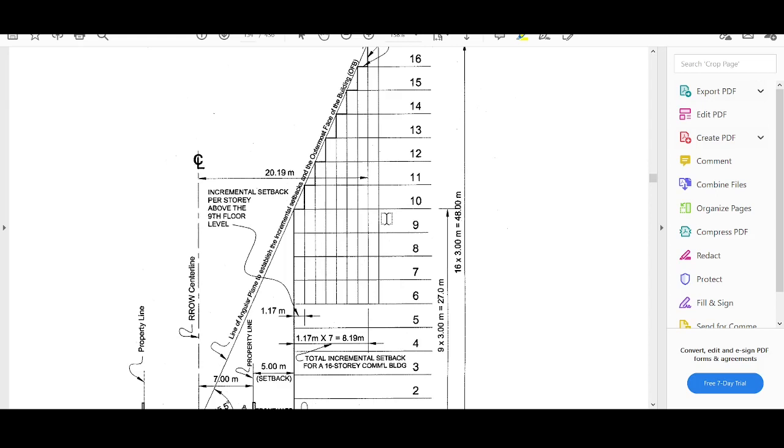But if you make it like a space where a lot of people are, if the definition that me and Sershi were struggling with it, what is livable space? Because this setback only applies to livable space. And since a balcony, if it's really being used as a balcony, doesn't have people in it all the time, so it's not a livable space. By definition, not a lot of people use the balcony, so I don't think it would be included